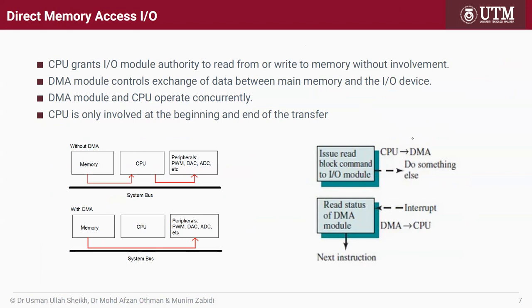Like the interrupt, with DMA the processor can also do something while the input output is taking place. But the advantage of DMA is that the processor does not have to handle the data transfer. If you look at this diagram,